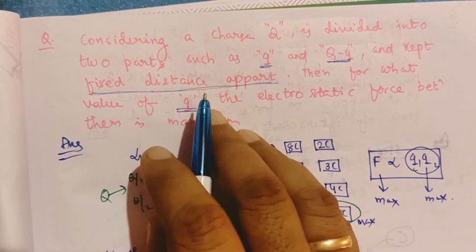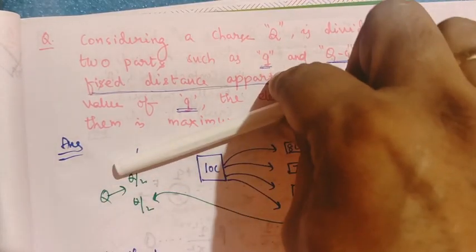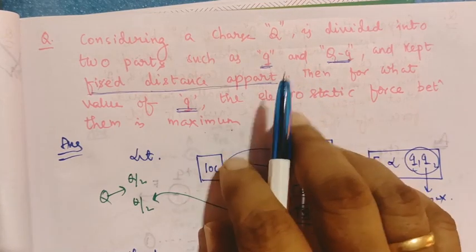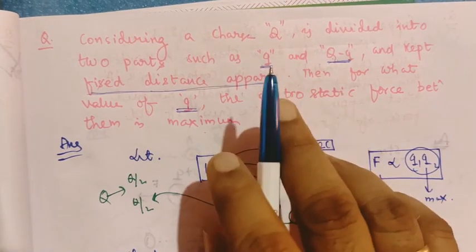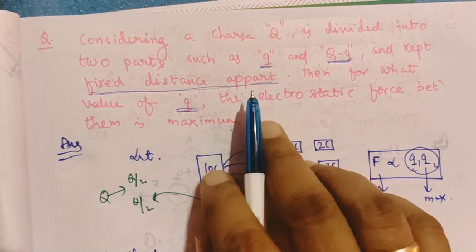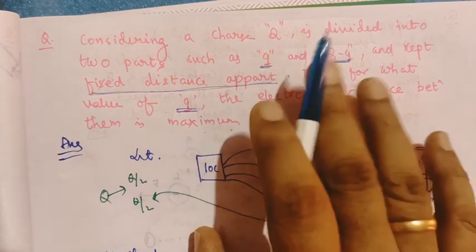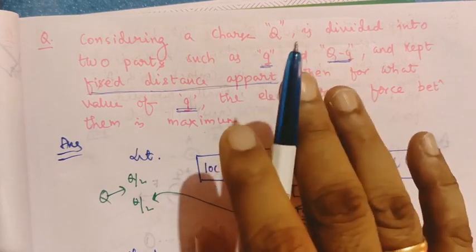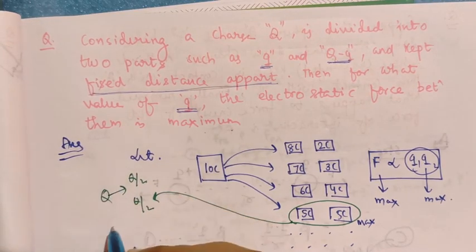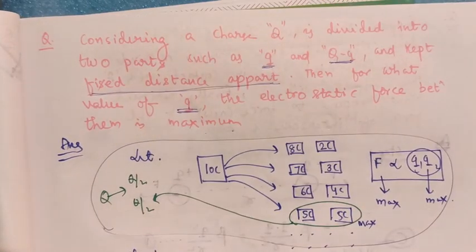Again I am repeating the question. You are given a charge Q. You have to divide it into two parts and keep them a certain distance apart. Then you have to calculate the electrostatic force of interaction between them. You only have to give the answer under what condition the force will be maximum. I will give you the solution. First, the traditional hit and trial method is given in the first part. First, you see this part, then you will do the problem.